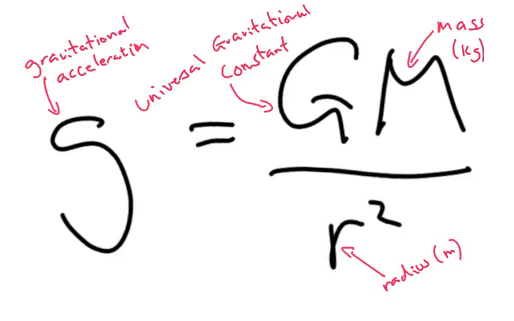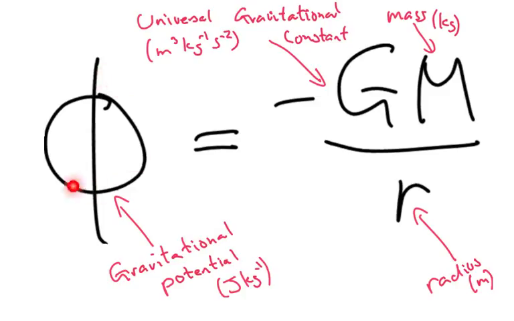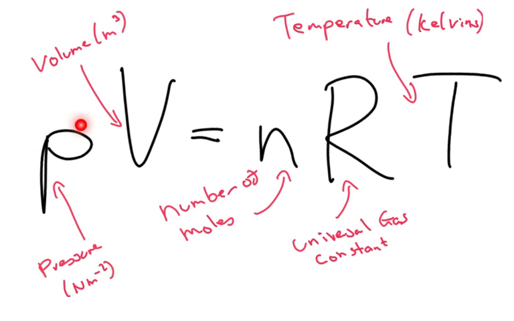Gravitational potential is equal to minus the universal gravitational constant times mass measured in kilograms, divided by r, the radius in meters. Pressure, measured in newtons per meter squared, multiplied by volume, which is meters cubed, is equal to n, the number of moles, times R, which is the universal gas constant, times temperature, which is